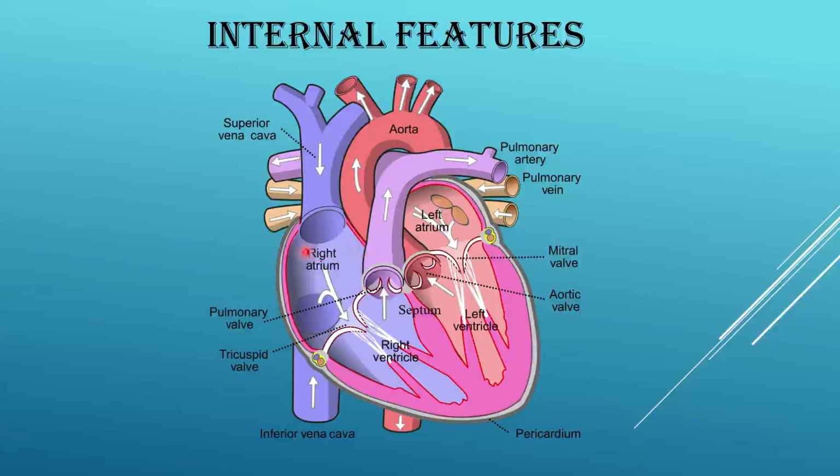So when the blood enters into the atrium through the respective veins, and the chordae tendineae relax, it allows the blood to enter into the ventricle. These chordae tendineae relax as the walls of the ventricles also relax. So it allows the blood to flow into the ventricles. Now when the walls of the ventricles contract, these chordae tendineae will be tightened, so it will push the blood to enter into the respective